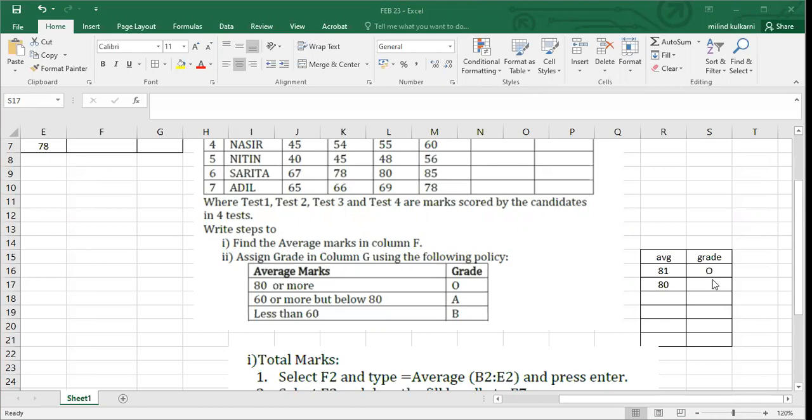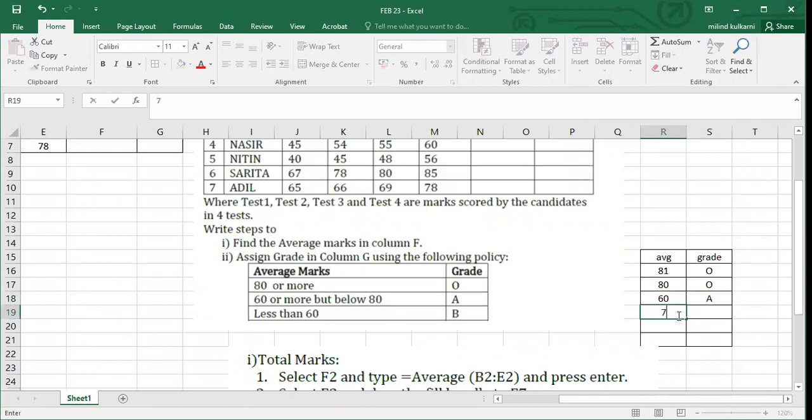Average marks, yes, I'll write here, I will type here. Now the next case, or second case, is 60 or more but below 80. Suppose here average marks is 60, then can I write A? Yes, very good, nice.